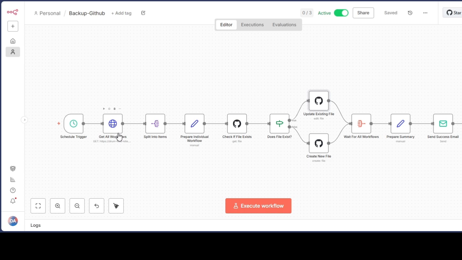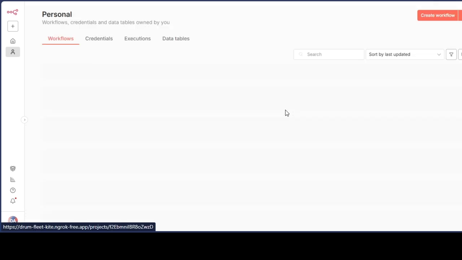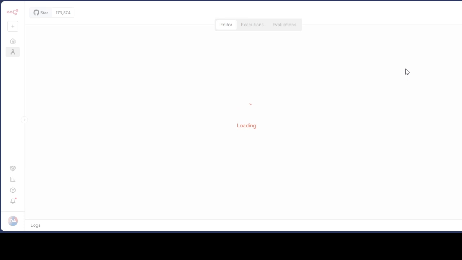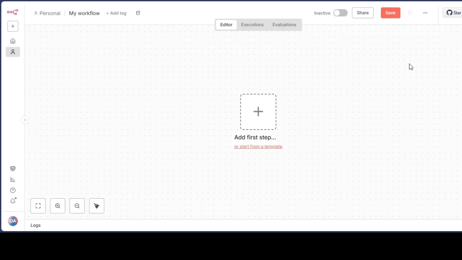All you have to do is now enter the credentials that are going to make it run. All right, so we have this now, and I've already downloaded this. Now I'm going to go back and create a new workflow. Now I just want to show you that you can just import a JSON that was downloaded, and it will replicate all of the nodes that were created in the